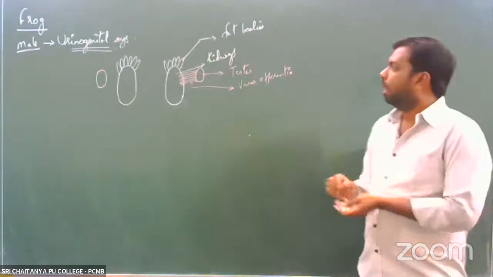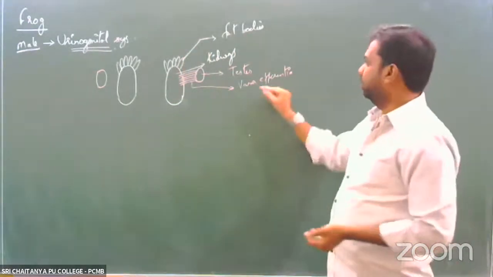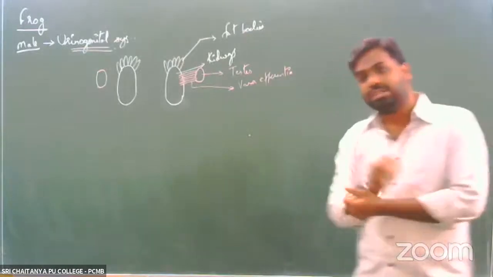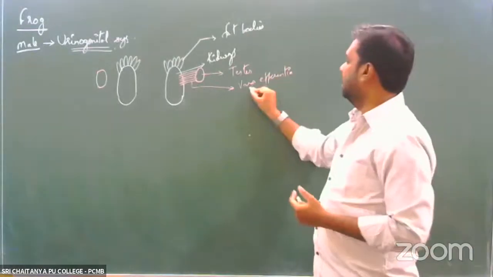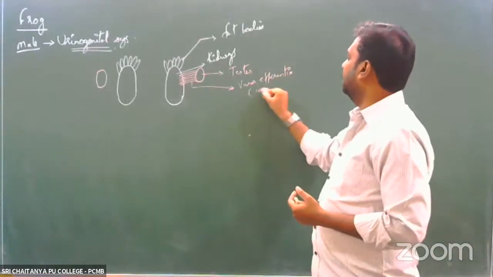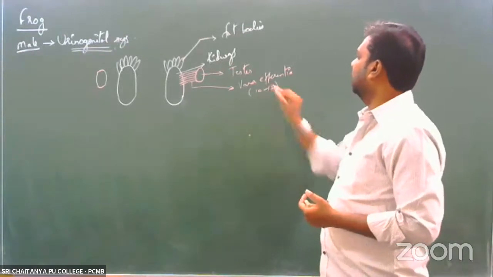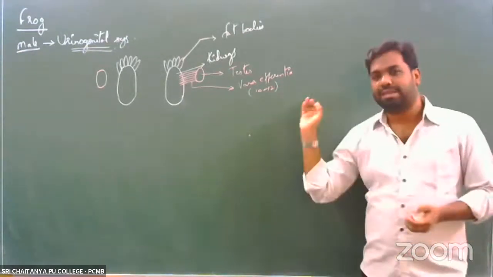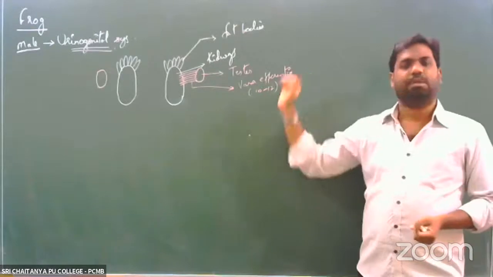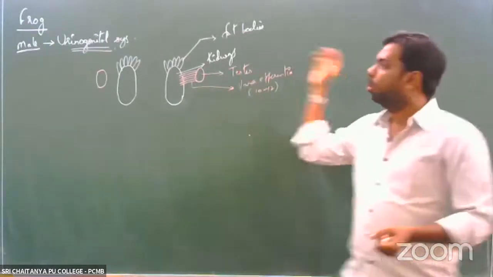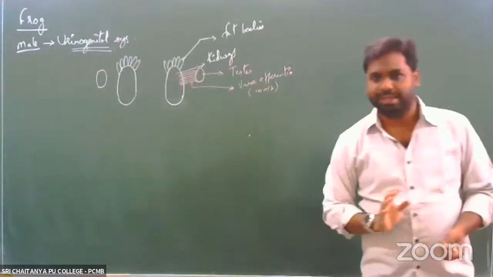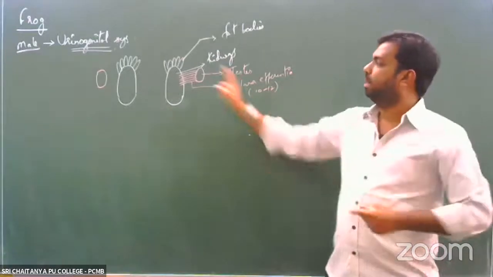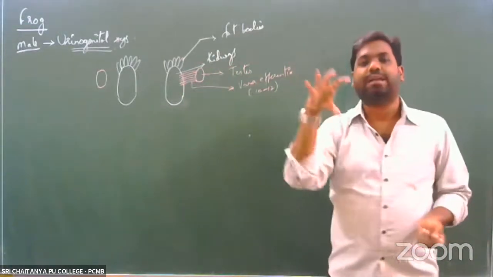Right. Now, how many vasa efferentia are present in each of the kidneys, or how many vasa efferentia arise from each of the testes? It is said to be approximately 10 to 12. So there are approximately 10 to 12 vasa efferentia arising from each of the testes, which would open up into the kidneys. Now, as I've already said, testis and kidneys are said to be attached with each other.